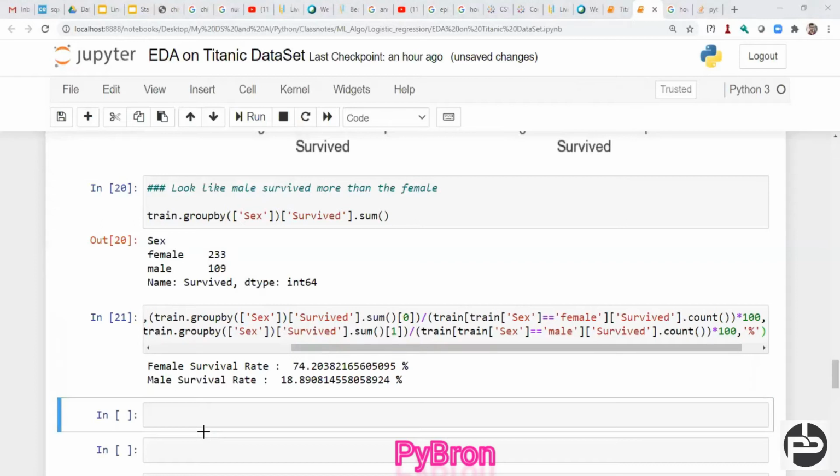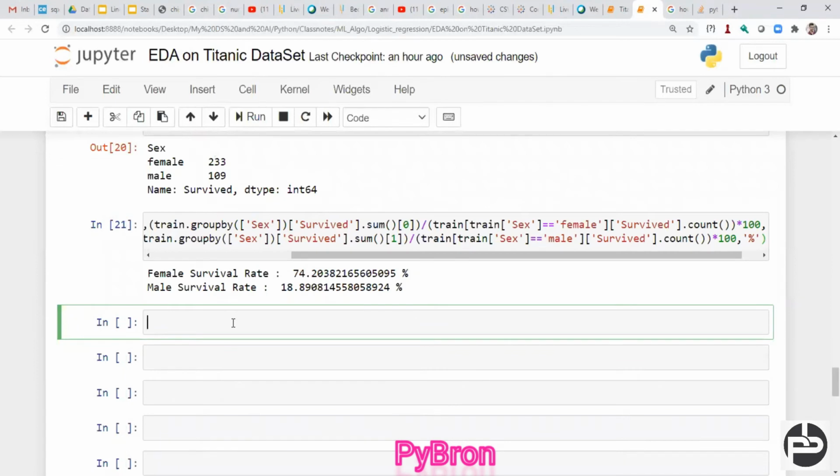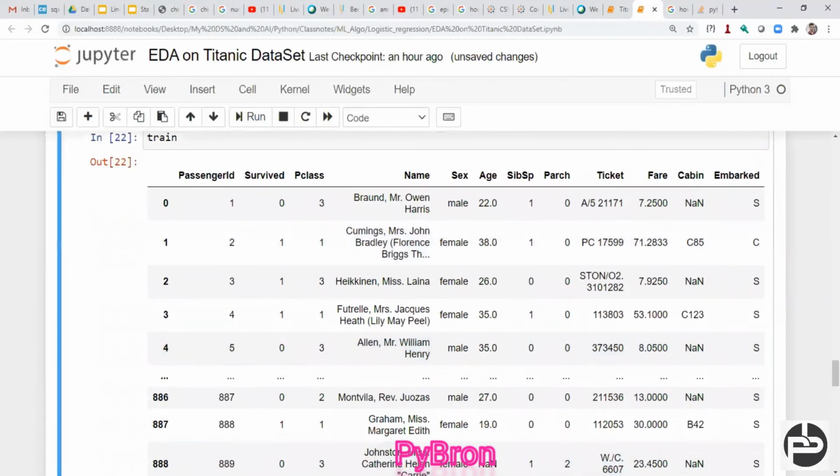Next is what we can do. We understood up to this, no doubt at all. Now what we can do, we are going to identify our outliers. Basically if you can see how the train data set looks like, it looks like this, and each column has some outliers, right?